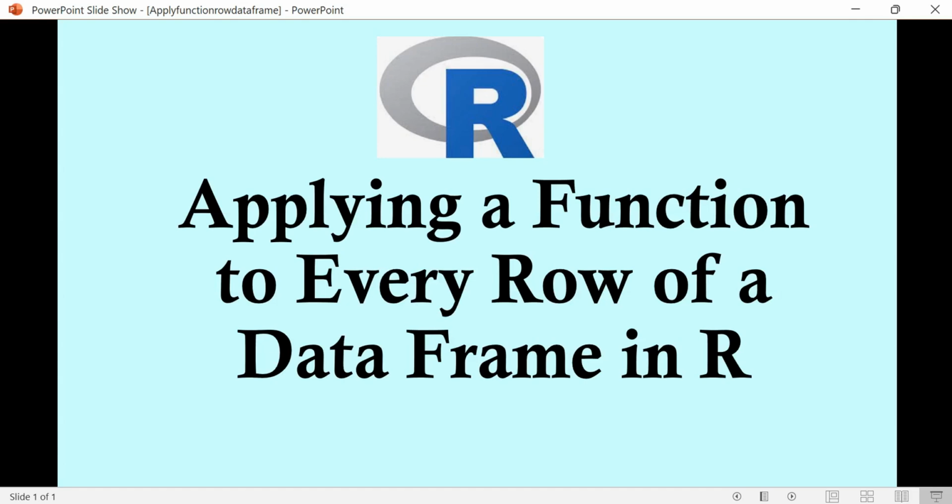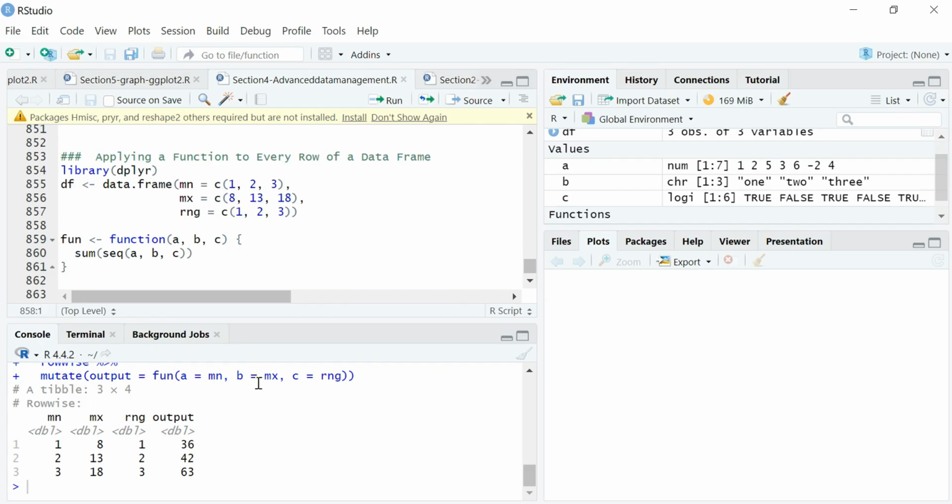Hello, in this video we show an example of applying a function to every row of a data frame in R. So we go to RStudio. Sometimes you may want to apply a function or do the same thing for each row in a data frame. There are multiple ways, but here we use the framework of